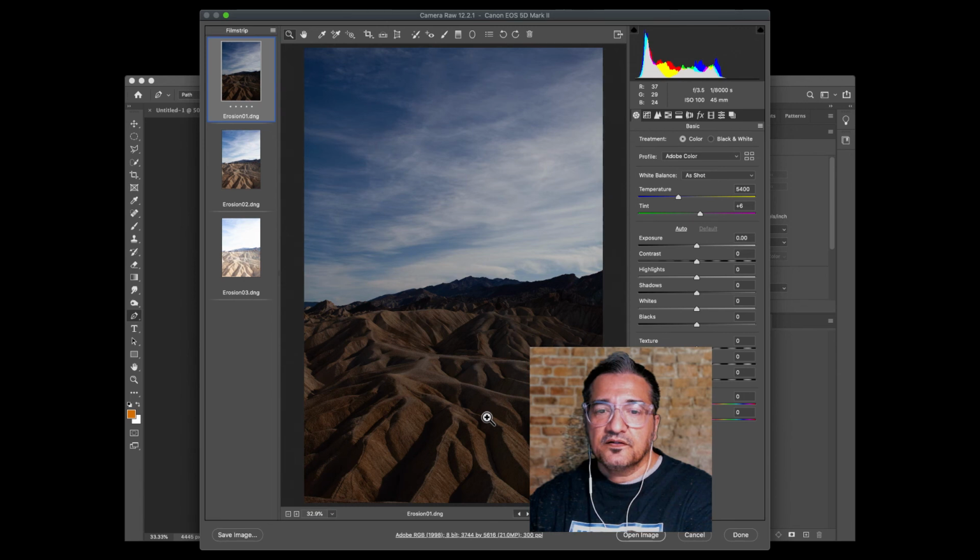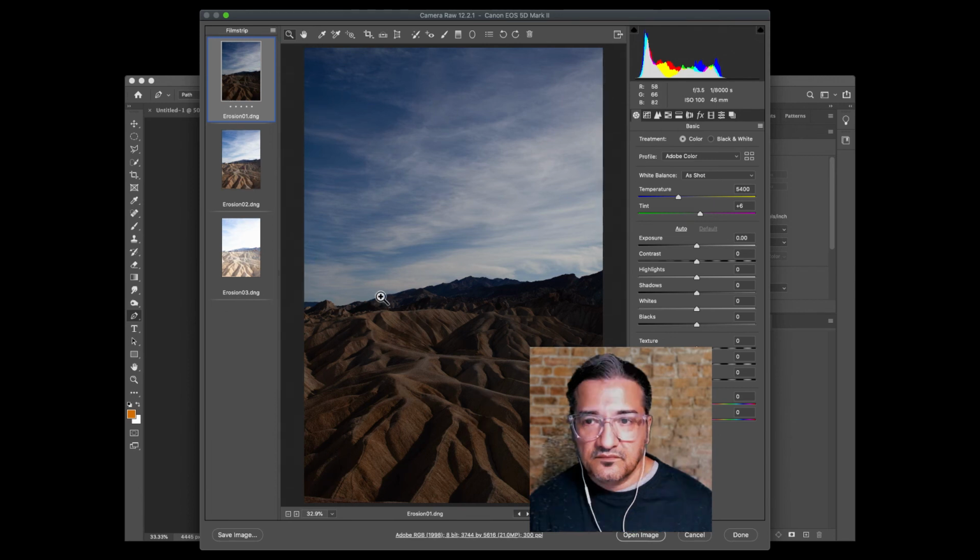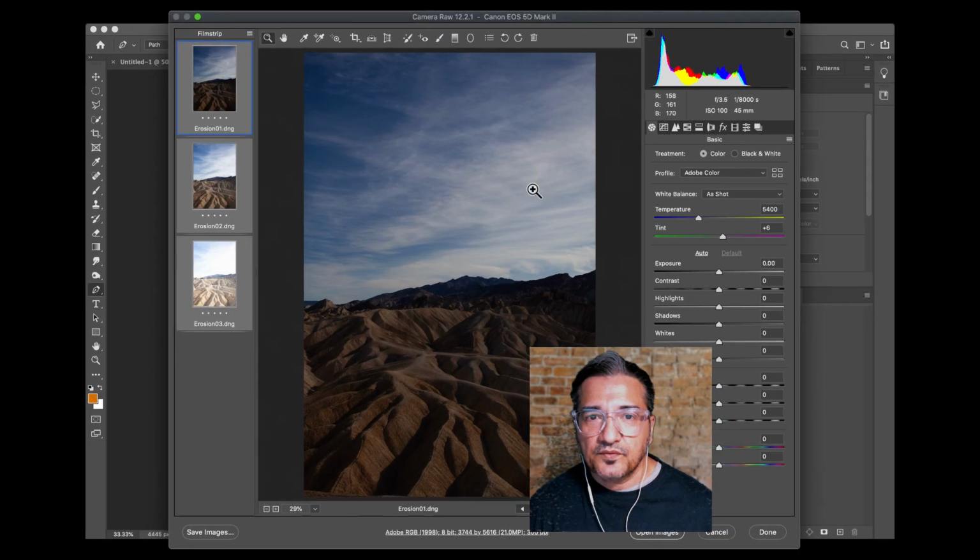So if you notice here, we have a foreground that isn't very visible, but I want to combine these 3 now. So what I'll do is select all 3 images, and up in the menu, I don't know whether I have the menu here or not. I'll select all 3, and up in the menu, under Photoshop,